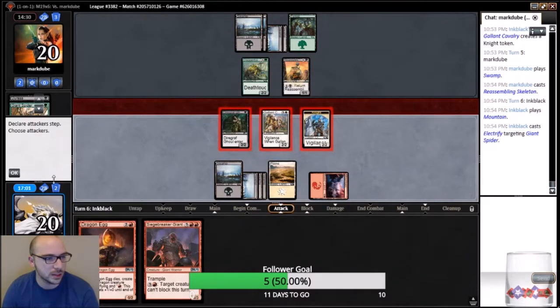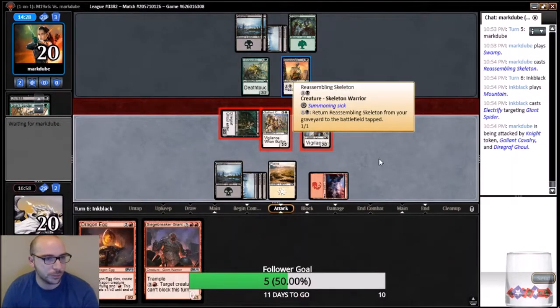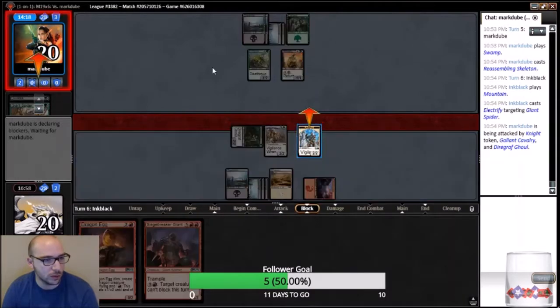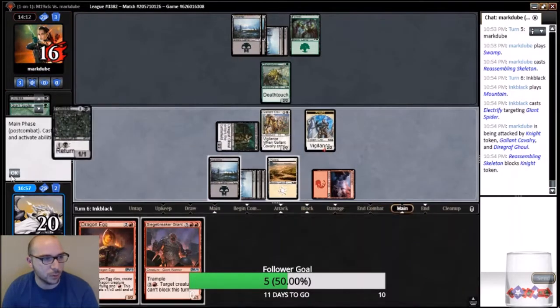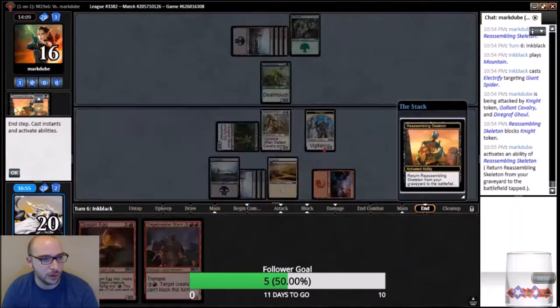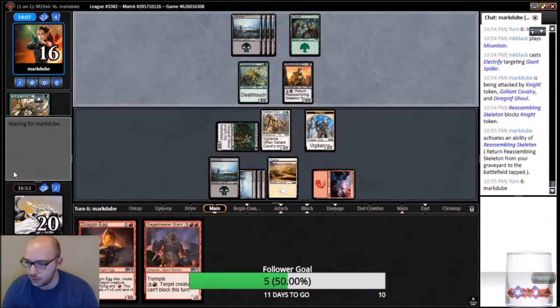We'll go to attacks, and we will attack with all of our creatures. So we can trade his Basilisk for one of our creatures, and he'll probably chump block there. Okay. So he's just taking 4 damage. At the end of his turn, he'll probably get back the skeleton from the graveyard. That skeleton will be annoying for us, but...